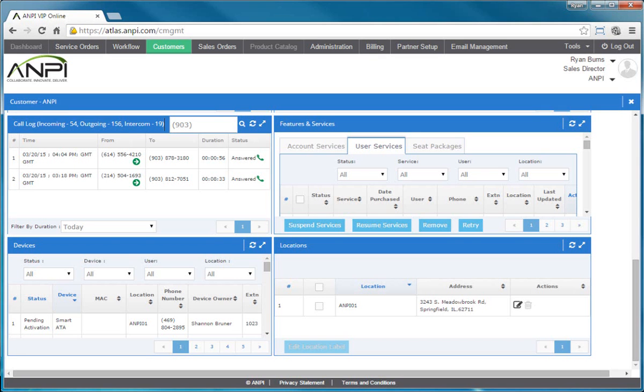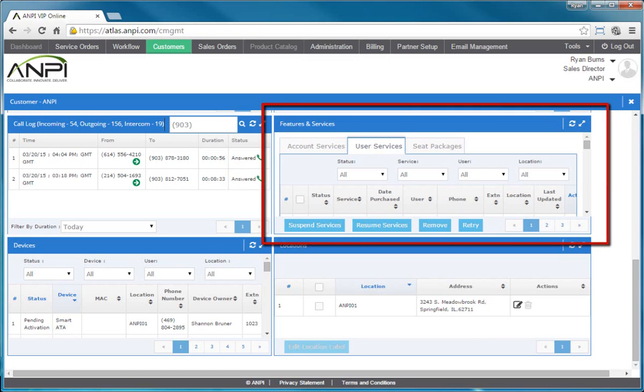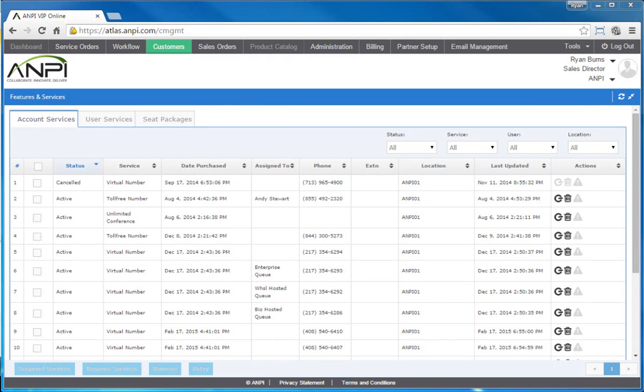Moving on from orders to features and services. Features and services is the widget that will enable you to view and, here's the important part, manage the customer's features and services. This is arguably the most powerful widget in the Customers tab. And because it's so important, I'm going to expand the features and services widget so we can get a better